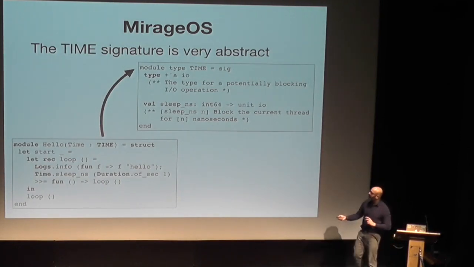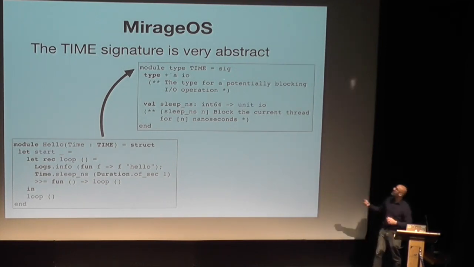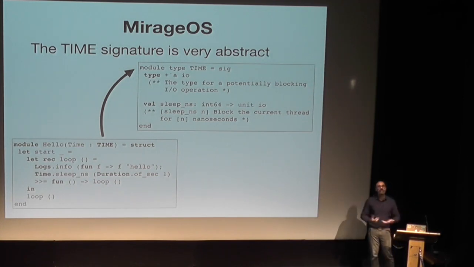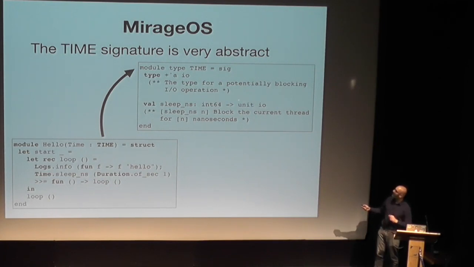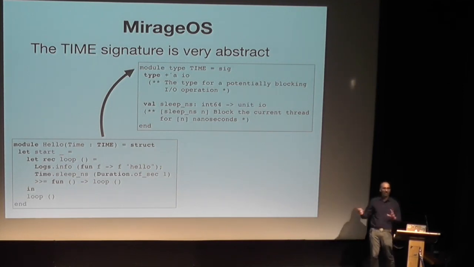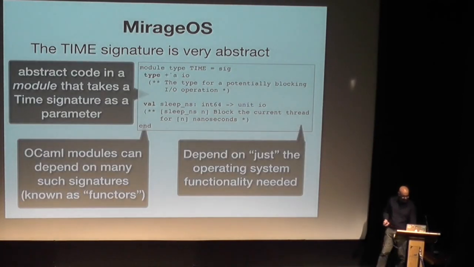What that looks like, in our hello world, is that we have this hello time implementation, and the signature, the description of what it is, is very, very abstract. It's simply saying the module type of time is some mechanism for blocking I/O. So this is our LWT library, for example. And then a function that just says, given a 64-bit number, I will block and do nothing for this amount of time, and that's it. So this is the entirety of the time module. There's no need for any other system call interface and so on later on. So we have this nice abstract code that takes time as a signature.